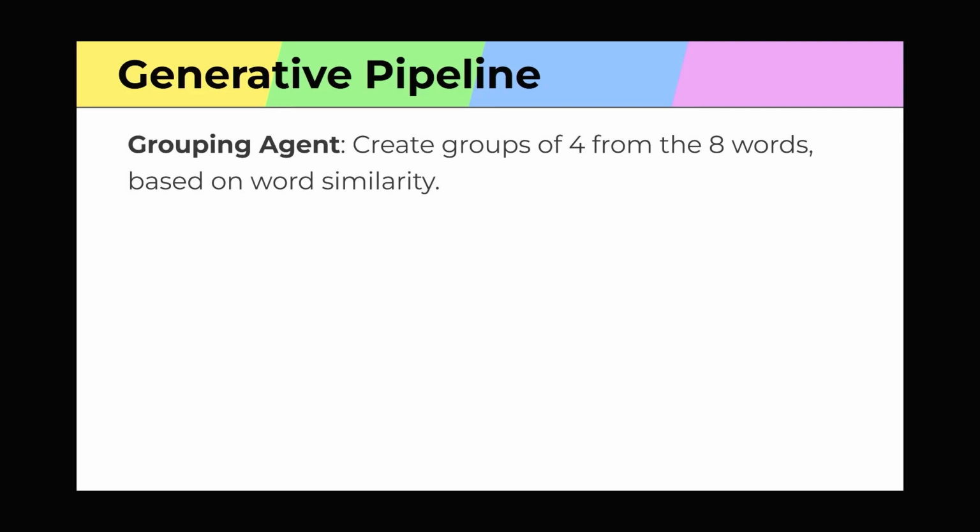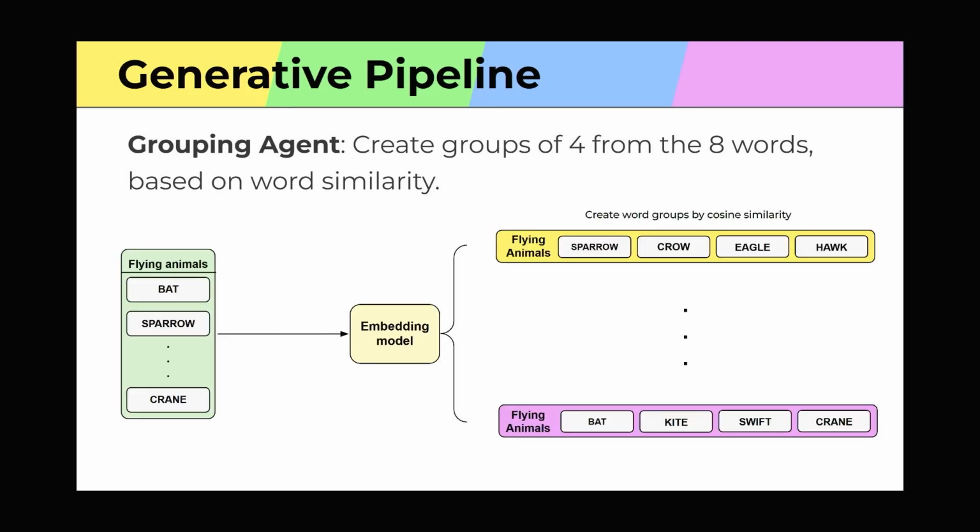We then have a grouping agent, which is going to take this pool of 8 words and figure out ways to group them into groups of 4 under that category. We're going to do this based on word similarity. So here we're actually using an embedding model. If we take our 8 words that were proposed by our proposal agent in the previous step, we're going to create all possible combinations of 4 words, and then calculate their pairwise cosine similarity, average that over the group,